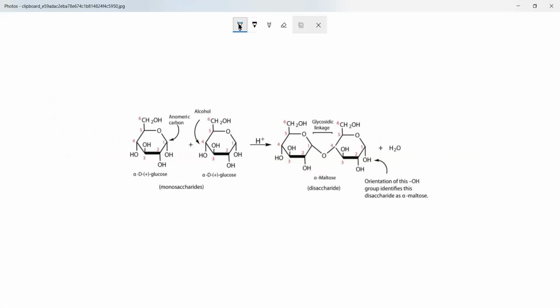I hope you can still see this. What I will do is, I'll remove this hydrogen and this OH, and I'll end up having one oxygen in between. So I am basically removing H2O. Right, if I remove one molecule of water, I'll end up having one oxygen, what you call a glycosidic linkage. If you see this, this is a glycosidic linkage in between two sugar molecules.